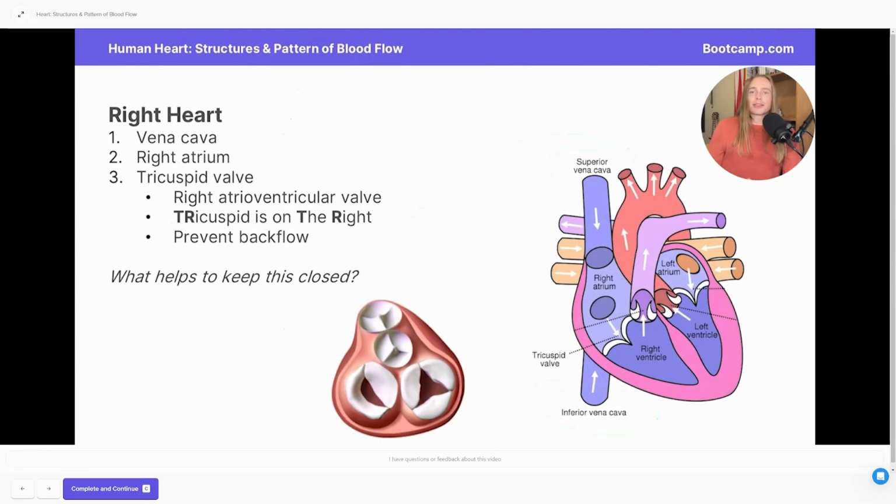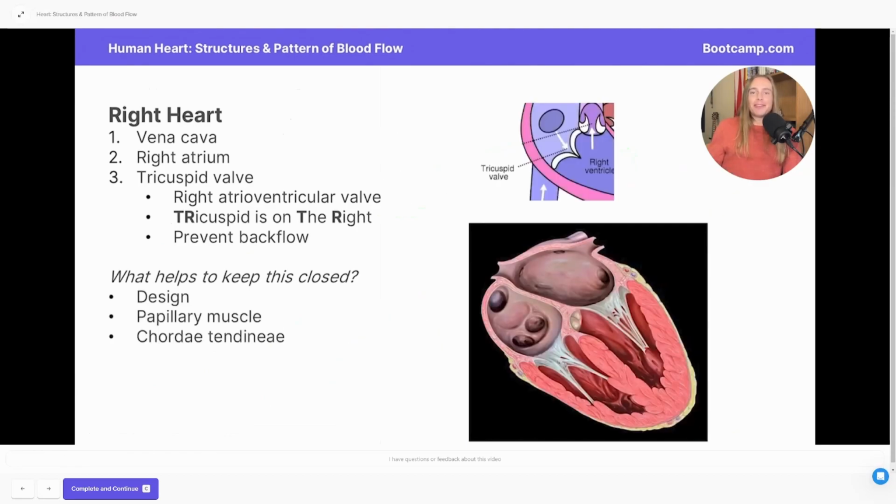Both atrioventricular valves have the job of closing when the ventricle begins to contract. This means that there's no backflow that can occur. Backflow is basically just if we had blood from the right ventricle make its way back into the right atrium, which wouldn't be ideal. So this begs the question then, how do these valves stay closed when they're supposed to be? Nice, so the shape of the valve itself is largely responsible for why this valve doesn't open during ventricular